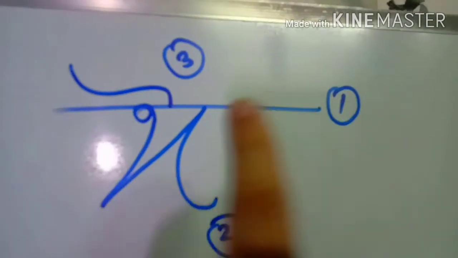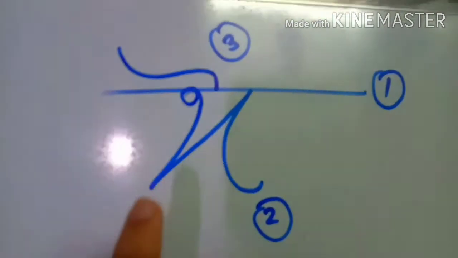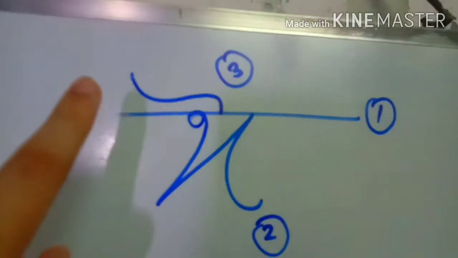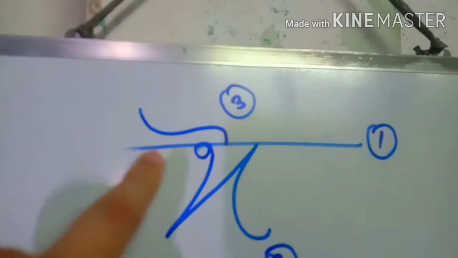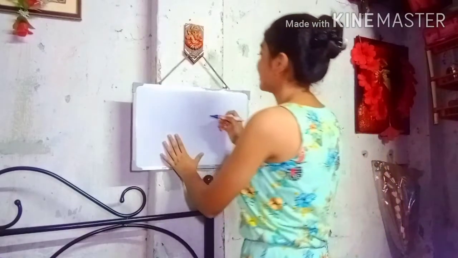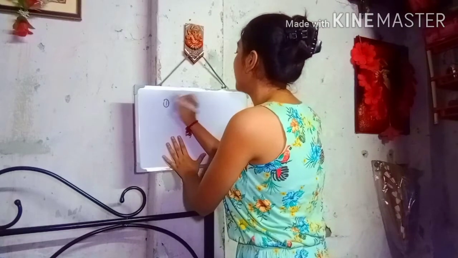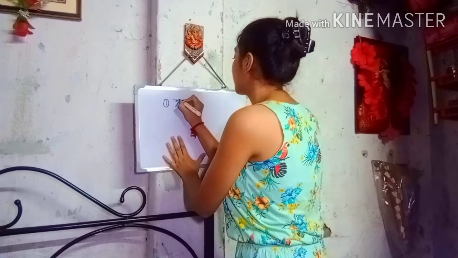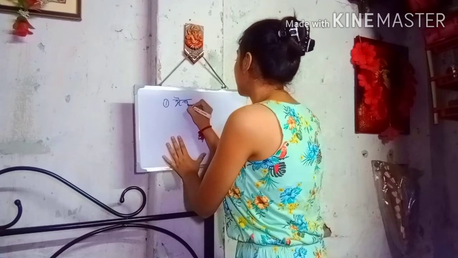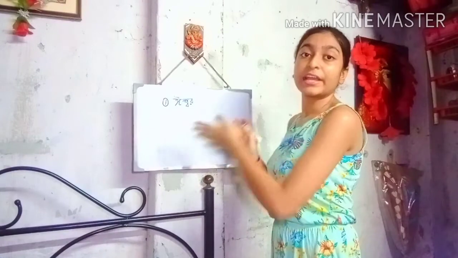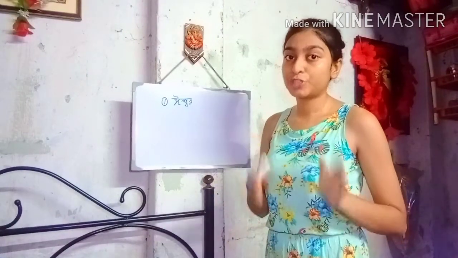This is the first stroke, and you just have to create one circle, and then like this, it will become your second stroke. And the third stroke is the sticky one. This stroke is called ticky. So this is your Dirghoi. Now 3 examples of Dirghoi are: the first example is Ishwar. Ishwar means God.